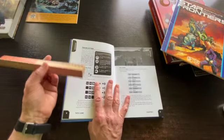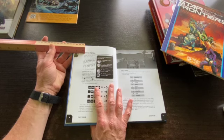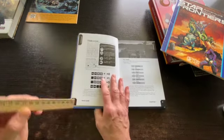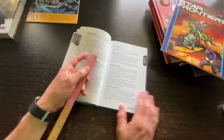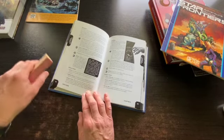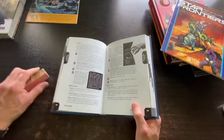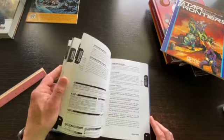So their margins chosen, it's like 1 1/4, 1 inch at the top. Let's make sure. And it looks like about 3/4 of an inch from the bottom, and it's hard to tell. You can get a different ruler for this, for the interior. So like the Cortex, or the Cypher System,